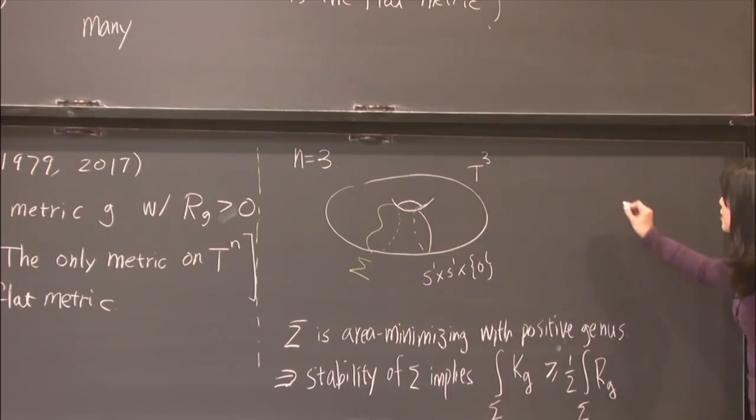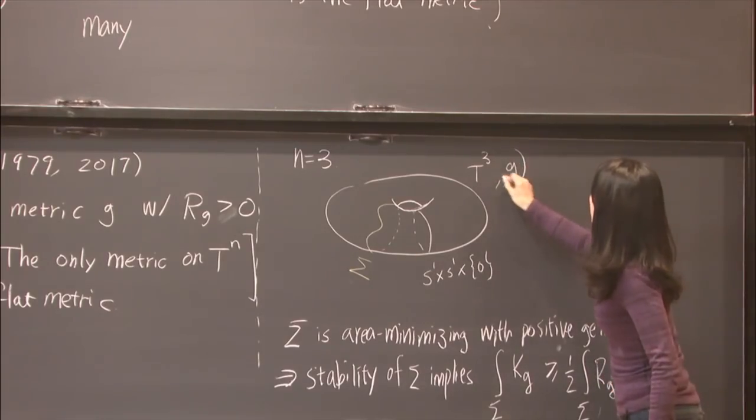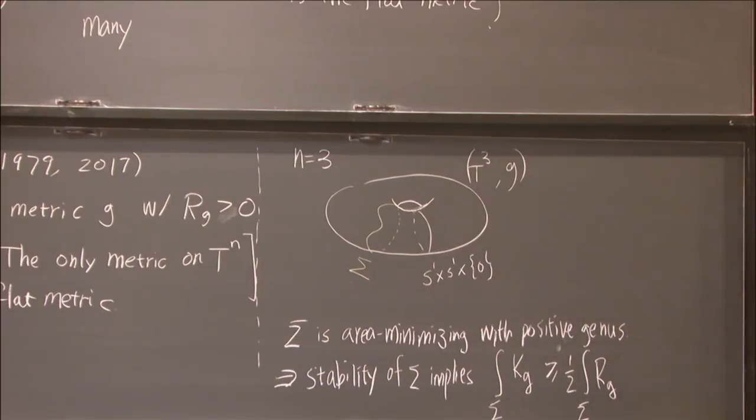Where g is a metric on the torus. So there is a square of the second fundamental form that has a good sign. So the total curvature is bounded below by the ambient curvature integral on the surface. And now if g is a metric of positive scalar curvature,